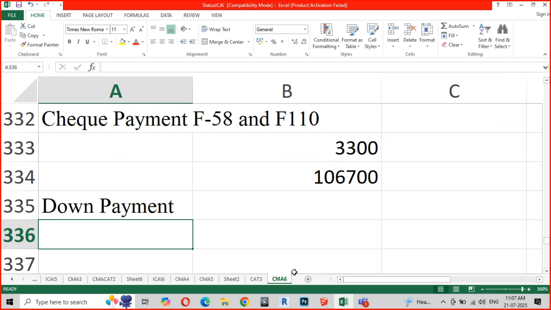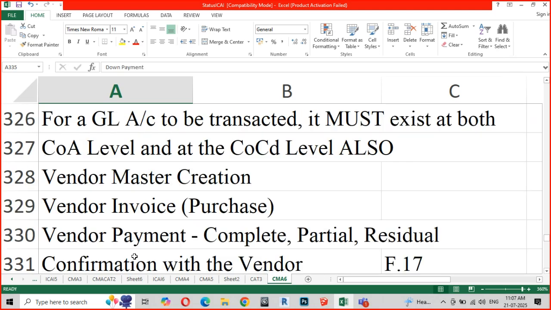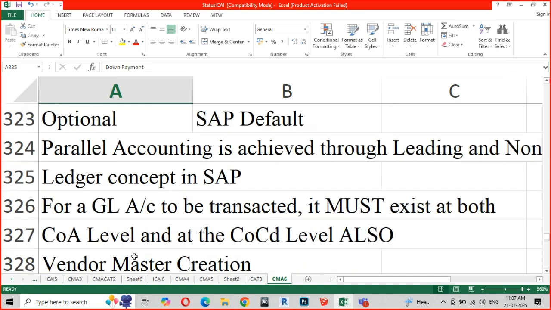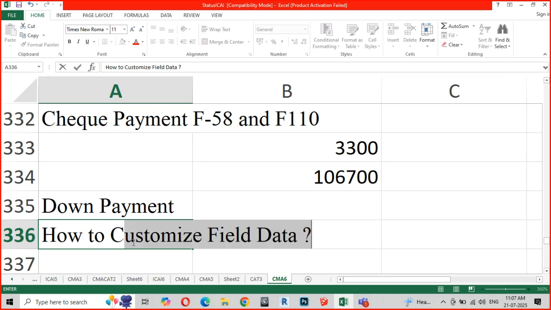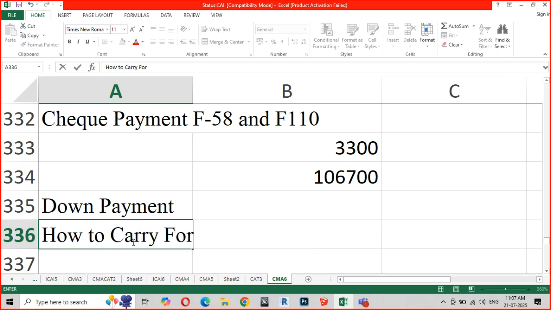All right. Now, any questions from the topics which we have already covered? You can ask me during the session. But now, how does the opening balance get transferred? This was a question, right?